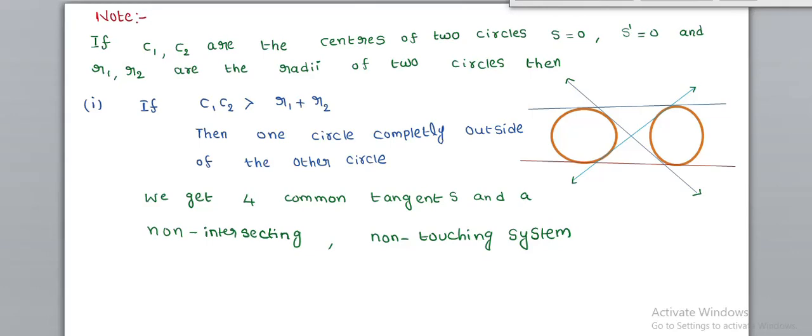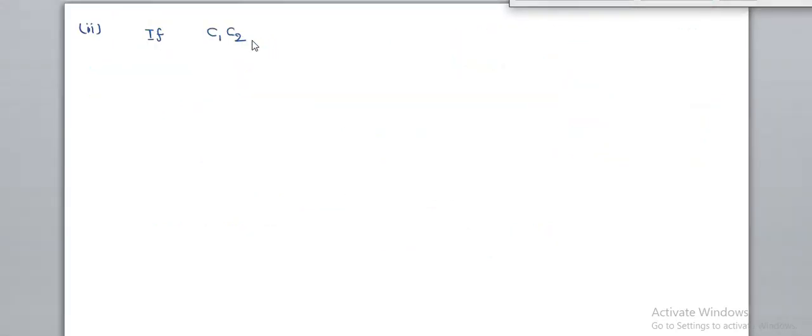Very important, observe. C1C2 is greater than R1 plus R2, we get four common tangents. How many tangents? Four common tangents. This is the one tangent, two tangents, three tangents, and four tangents. Okay, write down. Next formula, if C1C2 is equal